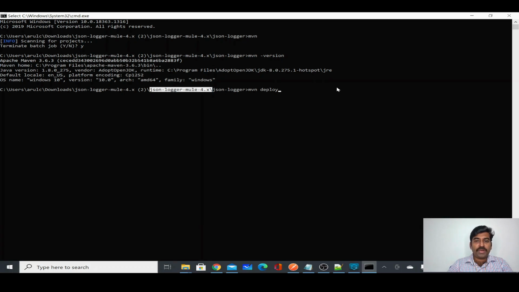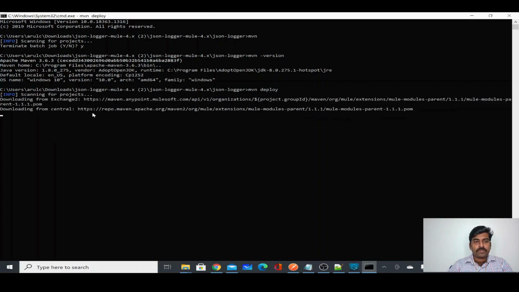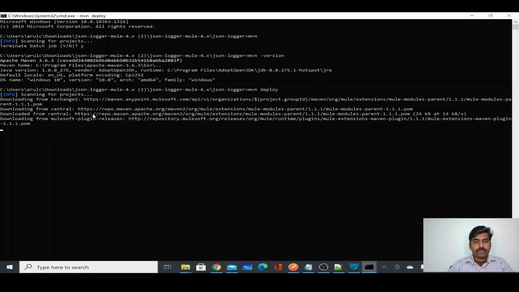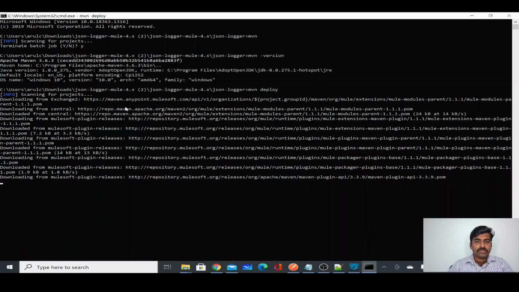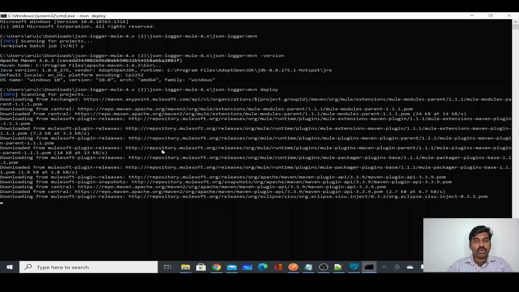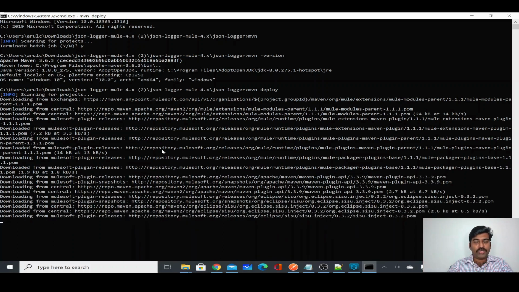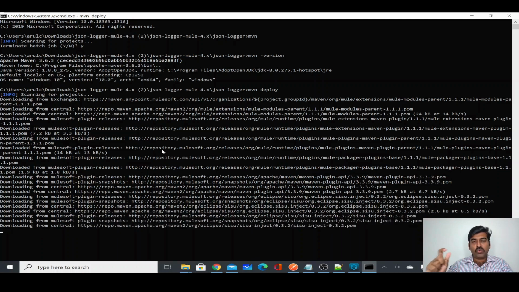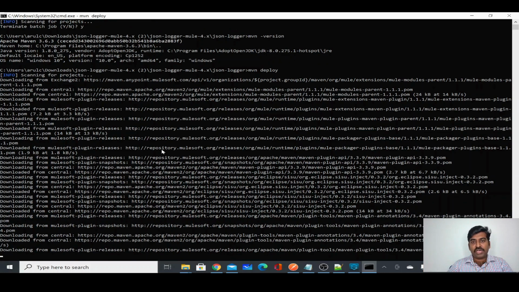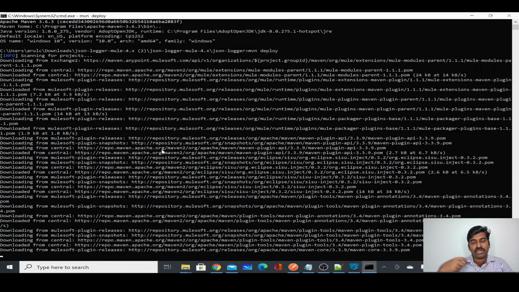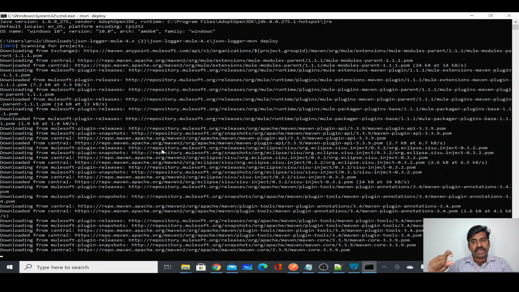So now I'm going to deploy it. I entered mvn space deploy. Now what will happen is it's going to deploy, because we have already downloaded all the source code from GitHub to our local, where we have changed our group ID, which is our organization ID, and also created a new settings.xml where we have configured the username and password for my Anypoint platform.